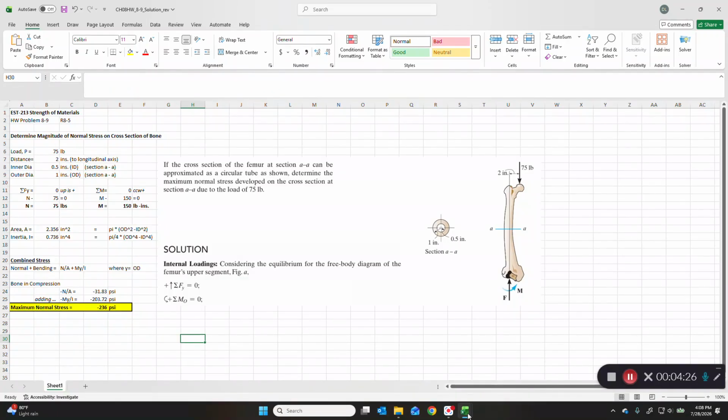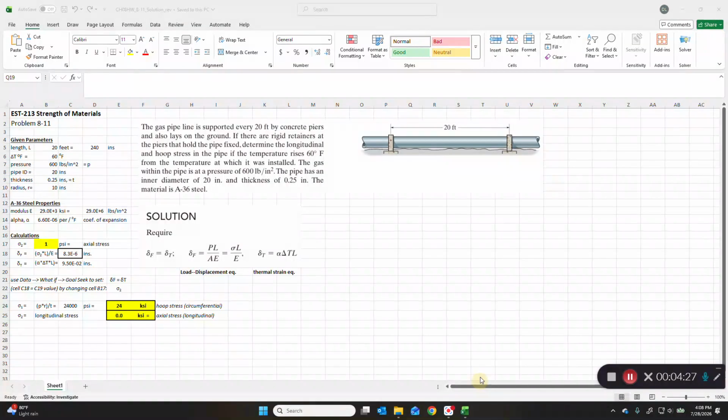All right, we're going to go to our next problem, which is 8.11, an interesting problem using a combination of axial stress and thermal stress, right? So in this problem, you can see that we've got,